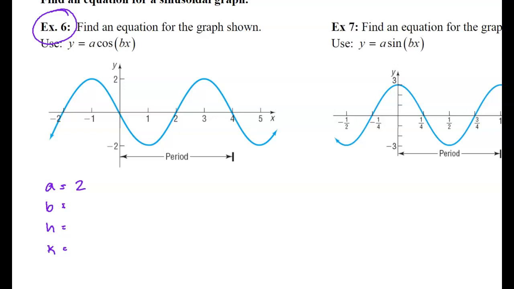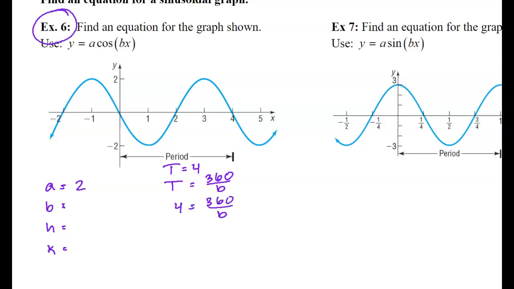What you do for your B value is you take the period length, which in this case, from one point following the wave back to the exact same point, that complete wave is 4. So the period length here is 4. And we know period is also equal to 360 divided by B. So to find the B value, all you do is substitute 4 in for the period